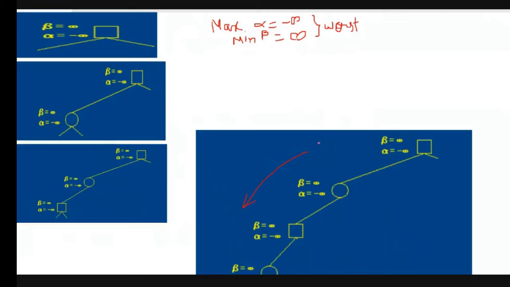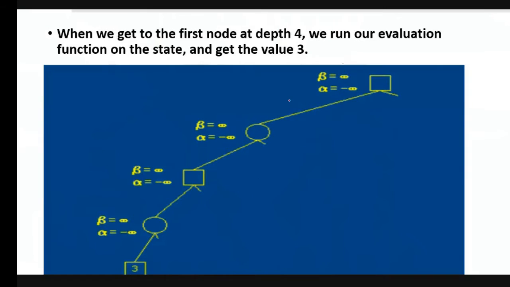The values can be passed down, but we have to make the evaluation this way. Percolating the other way is not allowed. We have to do the evaluation first and only then can we move. Otherwise, percolating can be done from top to bottom. So when we get to the depth, we can start with the algorithm. In my algorithm, whatever is the leaf node, this value is going to be picked up.